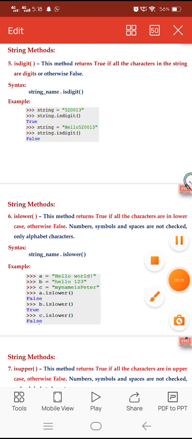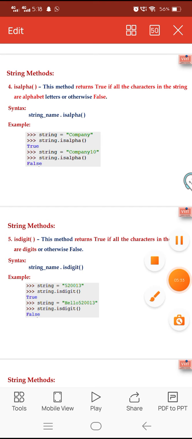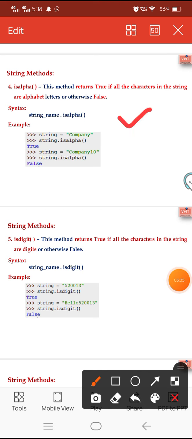The difference between isalpha and isdigit is that isalpha gives true when there are no numericals, and isdigit gives true when there are only numericals.